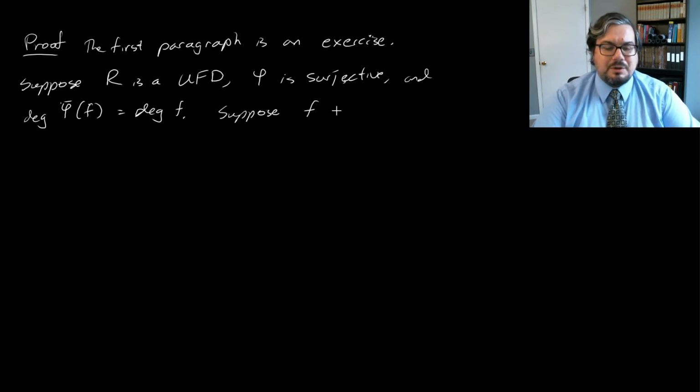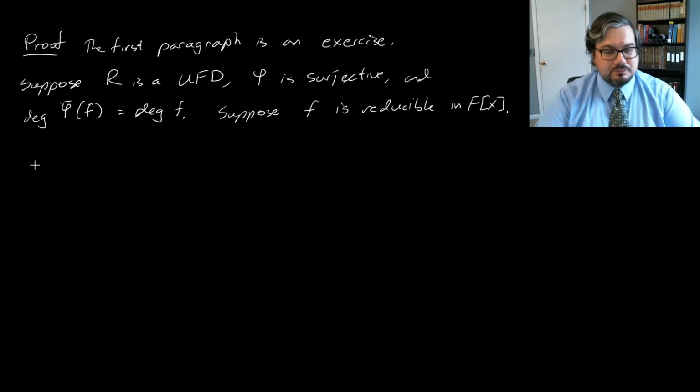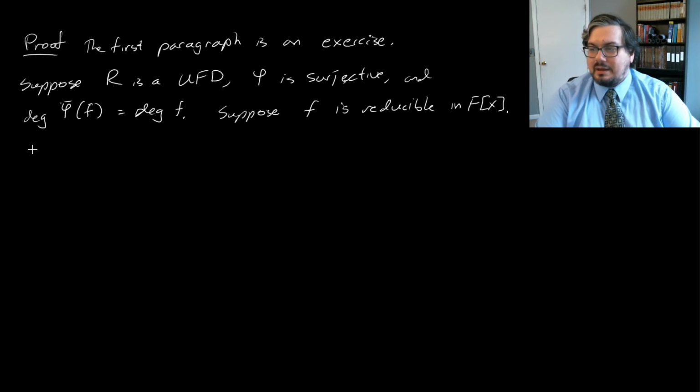So now let's suppose that f is reducible in F adjoin x. And what we're going to do is show that f is reducible in S adjoin x. So since f is reducible in F adjoin x, by the proof of the corollary,